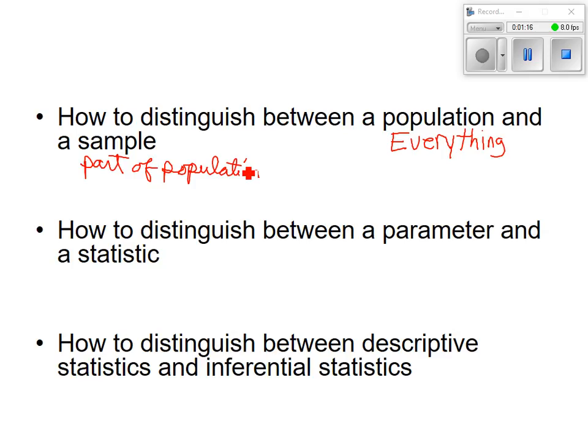How to distinguish between a parameter and a statistic. Parameter goes with what? Population, good. Statistic goes with sample. You've got to be careful when you're dealing with populations and samples. Gotta be real careful, because if I say